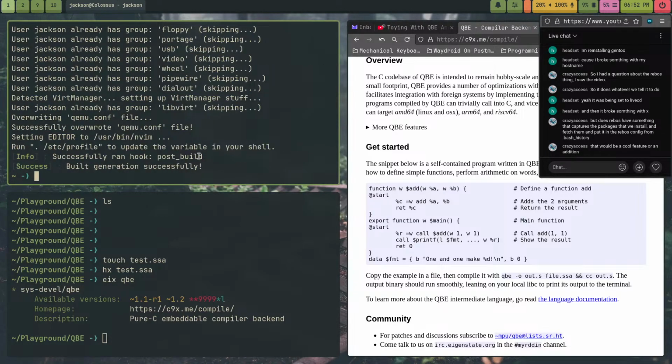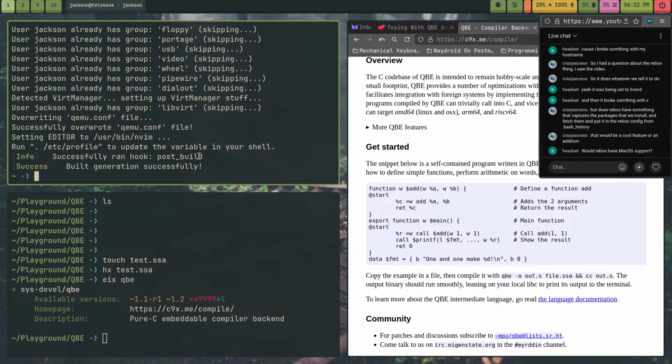Oh, no, it doesn't. I'm not really sure how I would implement that in a distro agnostic way. I'll probably maybe add a way to do that, but honestly, I'm a little hesitant to do something like that. And the reason why is because I want it so you can also, if you want to, just have